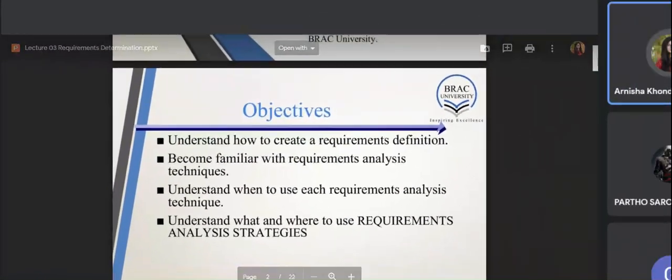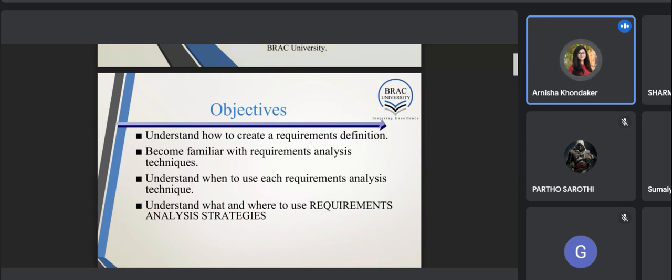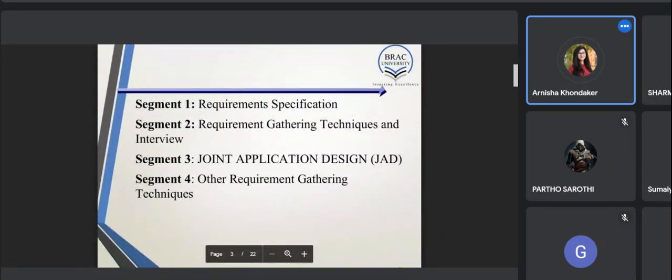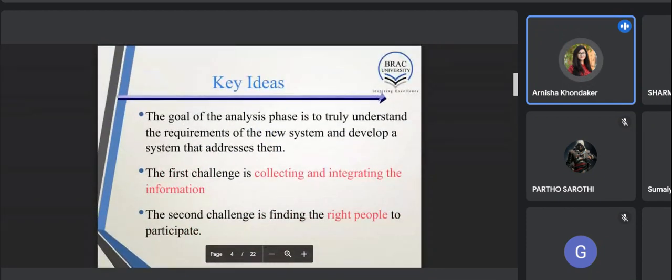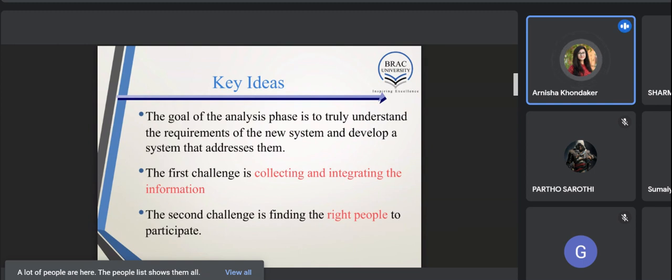And when gathering requirements, how do we gather those requirements, how do we further analyze them, and how do we use them. So we are basically going to focus on what our system functionalities will be. The main idea here is that when I develop a new system, what exactly will be in my system, how will I be gathering, what the system will do, and